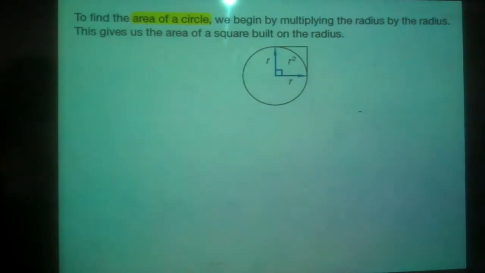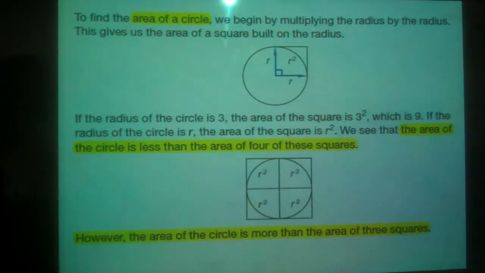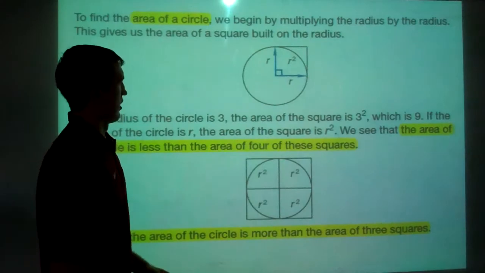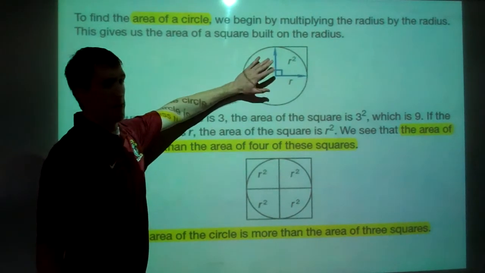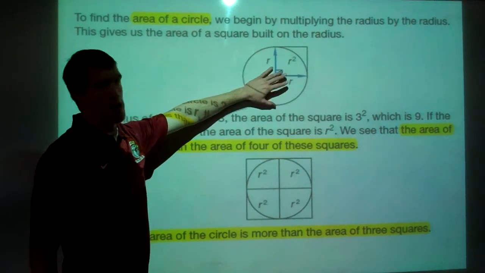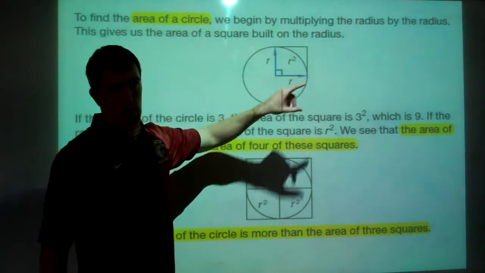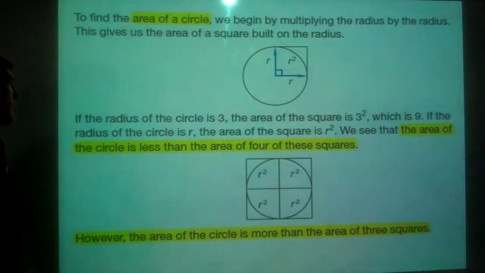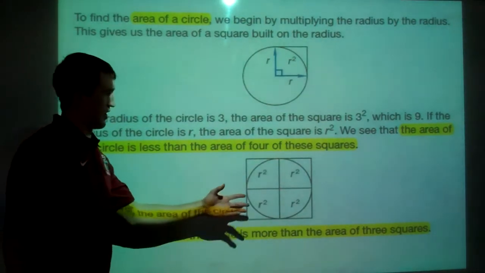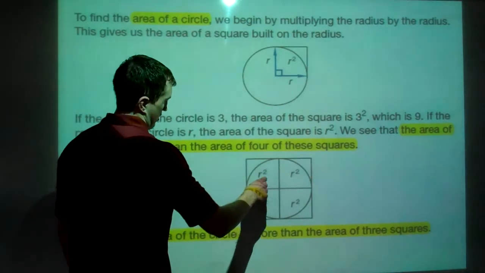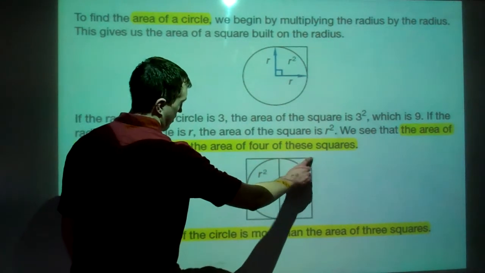Instead of just doing about a fourth of your circle, they went ahead and they did a full circle, and they figured out that, okay, now one thing I should have mentioned is the area of this square would be r times r, or length times width, and r times r is r squared, okay, radius squared. Now if we do this with 4 squares, we can see that we get r squared for this area, this one,